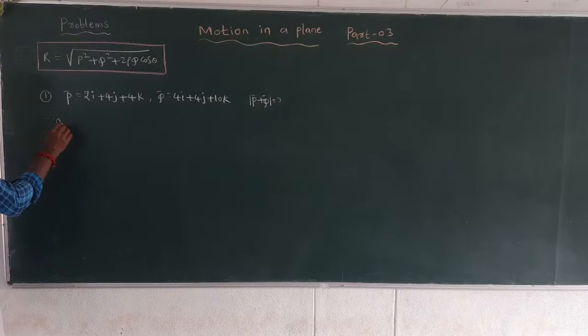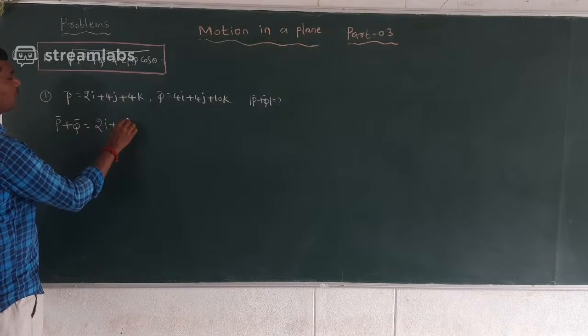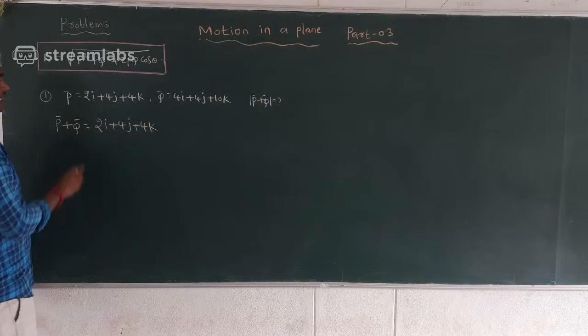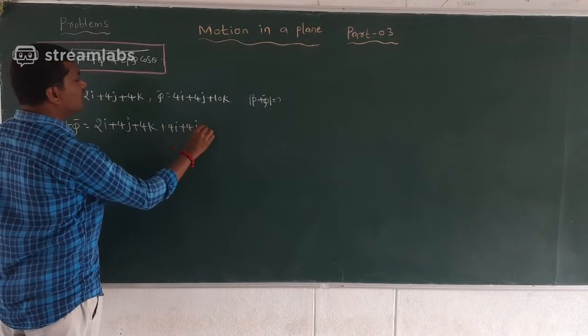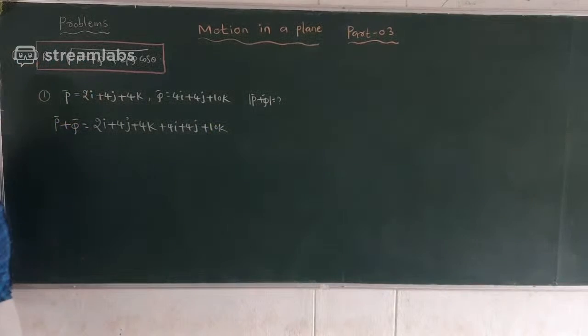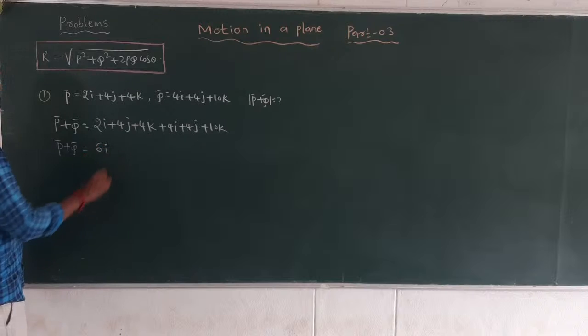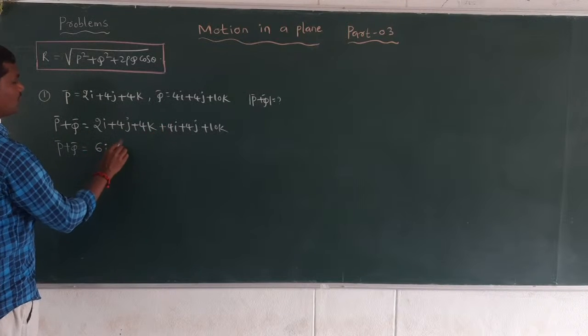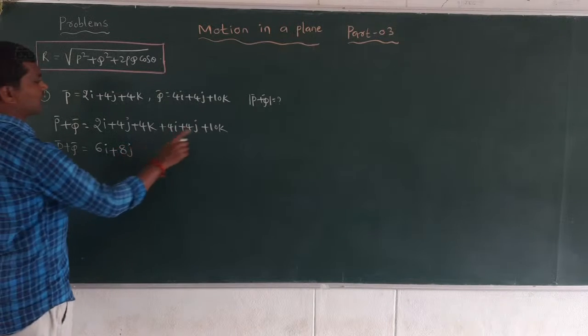The sum of two vectors P bar plus Q bar is equal to 2i plus 4j plus 4k plus 4i plus 4j plus 10k. So P bar plus Q bar is 2i plus 4i, total is 6i, plus 4j plus 4j, we can write 8j, and 4k plus 10k,